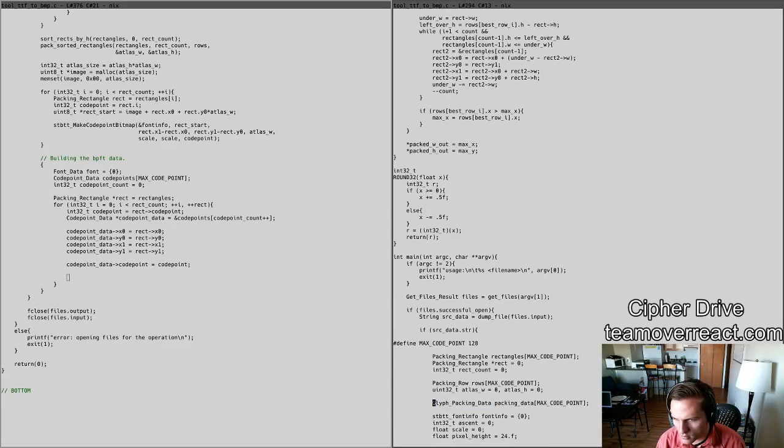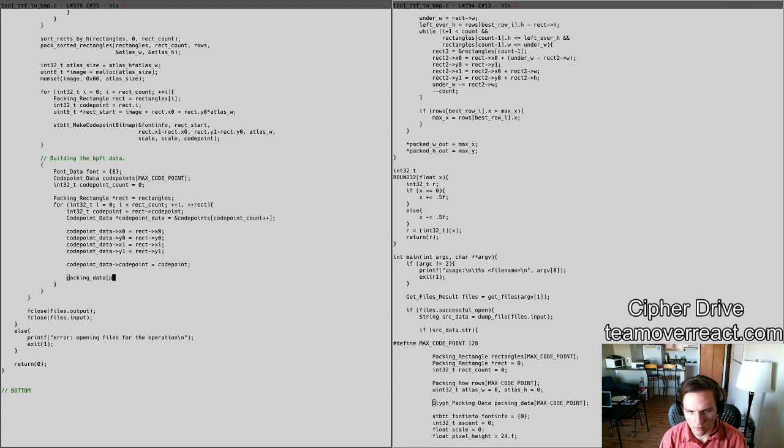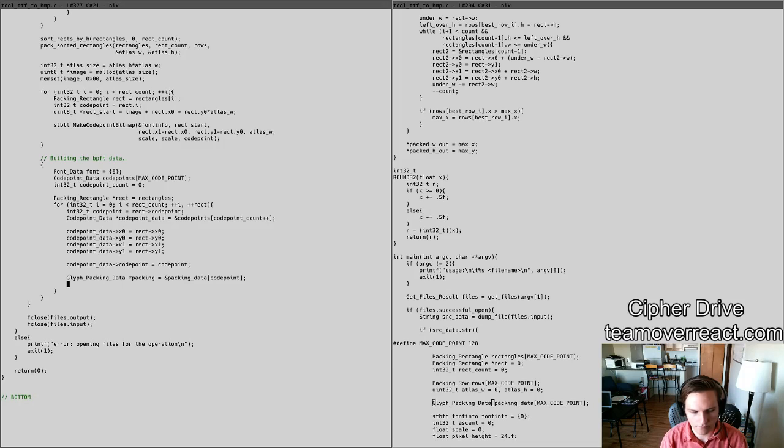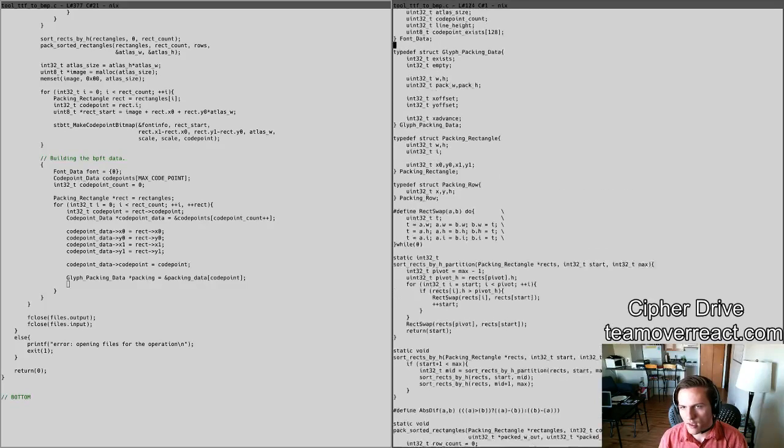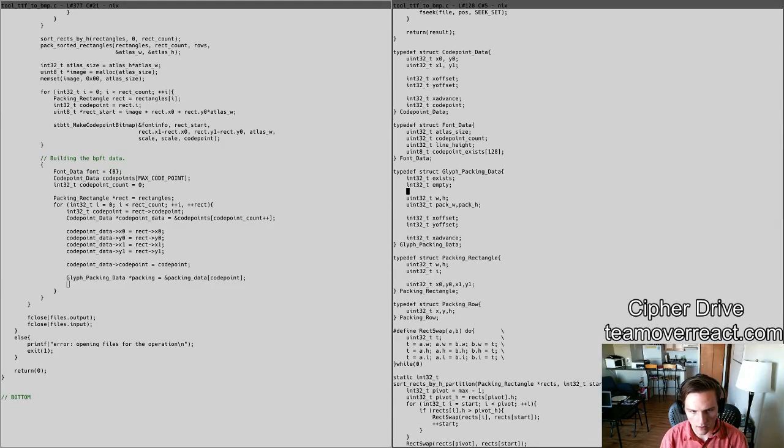Somewhere down here, I have a packing data array where I put in a code point, like so, and out pops a glyph packing data. Alright, and now if I come back up here with that packing data, I have the rest of the information I need, which is the code point data